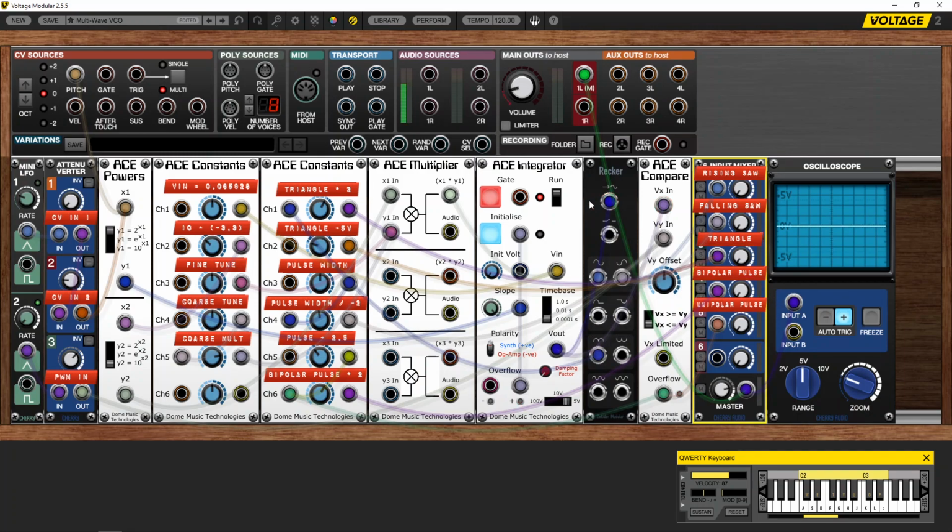So that shows that you can use the integrator as pretty much a fully featured typical modular VCO for audio rate use, and you can derive all of the other waveforms from it. The only one that you can't derive is a sine wave, but in a later video I'll show you how to create a very good, very accurate sine wave